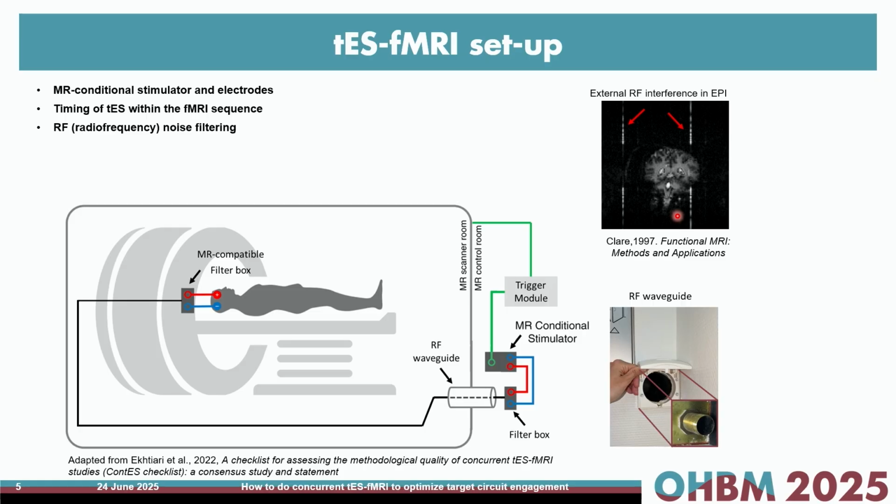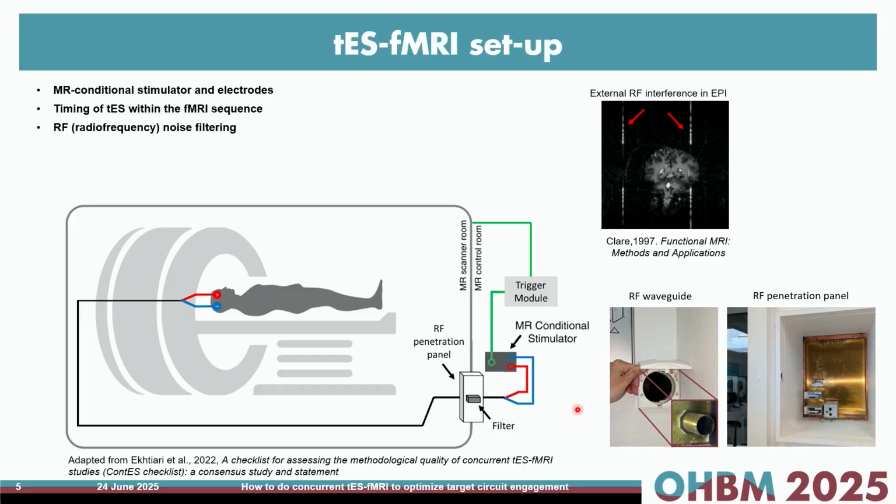And there are two main approaches. The first one is with a pair of filters, one outside the scanner room and then another one inside, which has to be MR compatible as well. And then those filter boxes would be connected with a wire that would go through a waveguide, which looks something like this. This is not very efficient against common mode noise. It can be improved if you connect one of the filter boxes to the waveguide, for example, by clamping it,